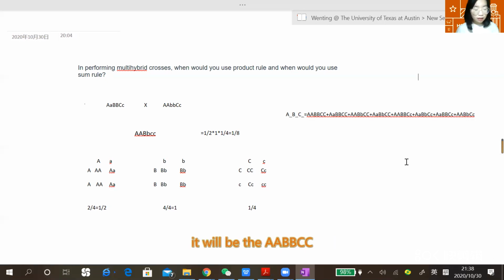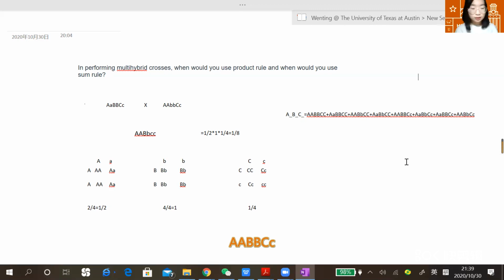So it will be the probability of 2 big A, 2 big B, 2 big C, plus the probability of 1 big A, 1 small a, 2 big B, 2 big C, plus 2 big A, 1 big B, 1 small b, 2 big C, plus the probability of 1 big A, 1 small a, 1 big B, 1 small b, 2 big C, plus 2 big A, 2 big B,